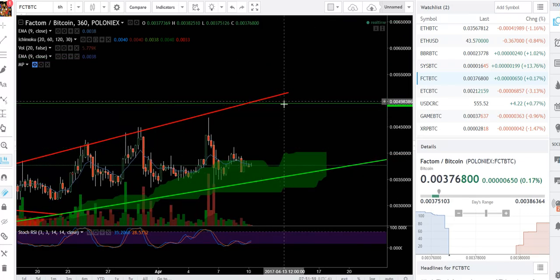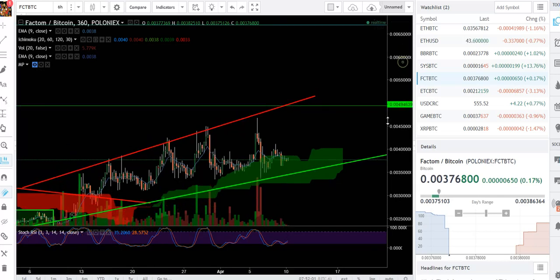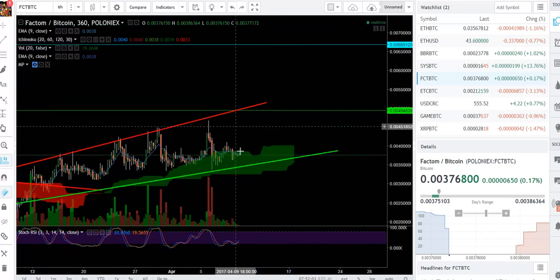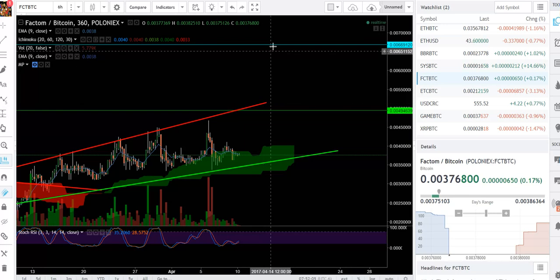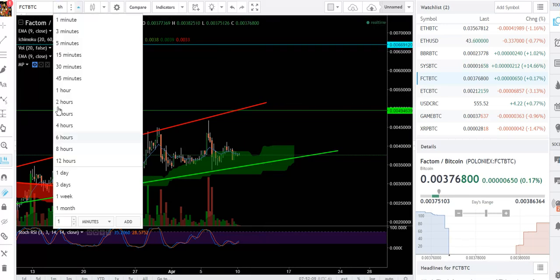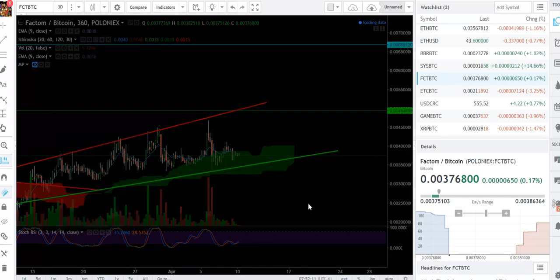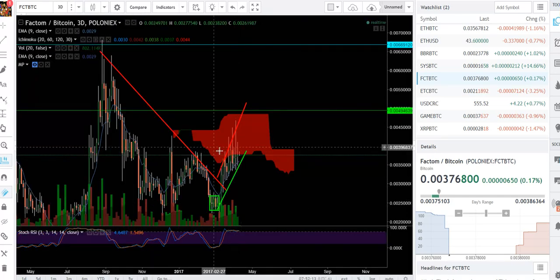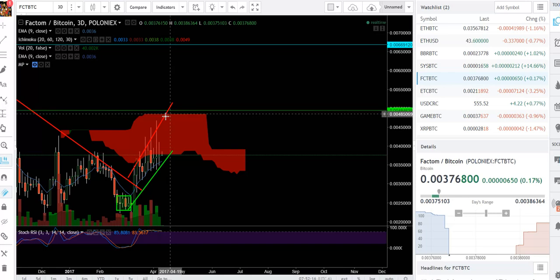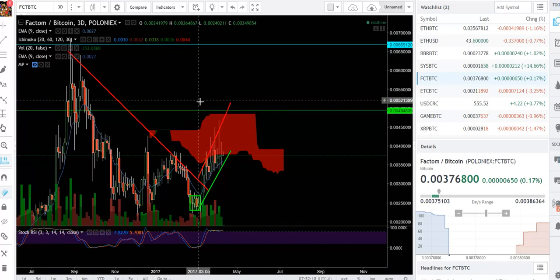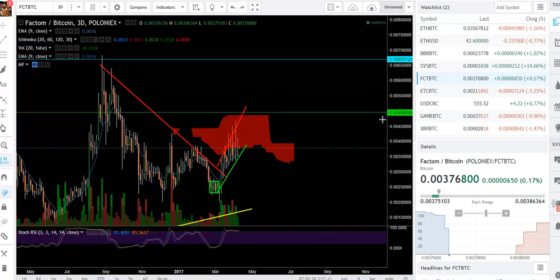line, which is 500. And we'll probably get such a push out of it that it breaks and then really runs and tags all the way up to here and then falls back down to the green line, which would be the 3-day cloud, because it has to break this 3-day cloud with force. And I'm thinking that we're going to break the 3-day cloud and probably try to take out, maybe not that one, but maybe like